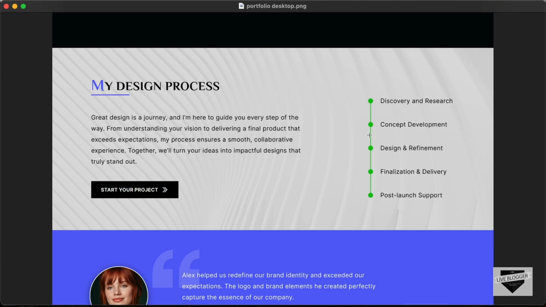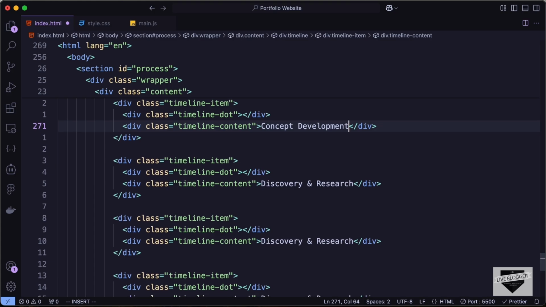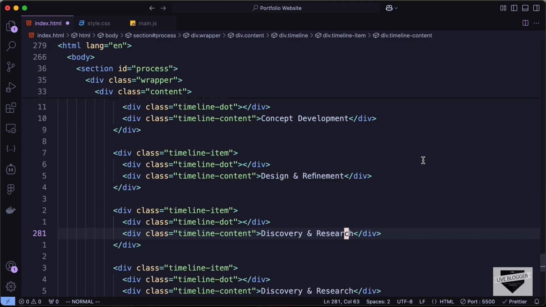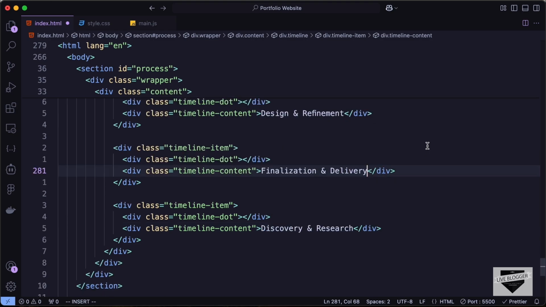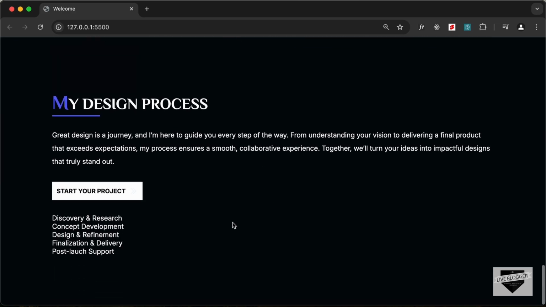And for the second one, we need to type concept development. So let's add that over here. And then we need to have design and refinement. And then we need to have finalization and delivery. And then lastly, we have post-launch support. So now if you go back to our website, here we can see all the content are being displayed over